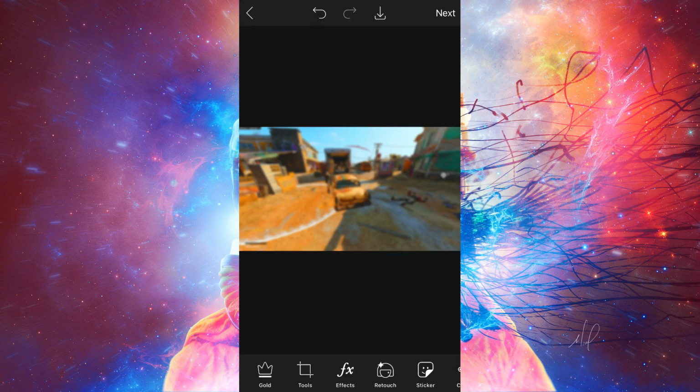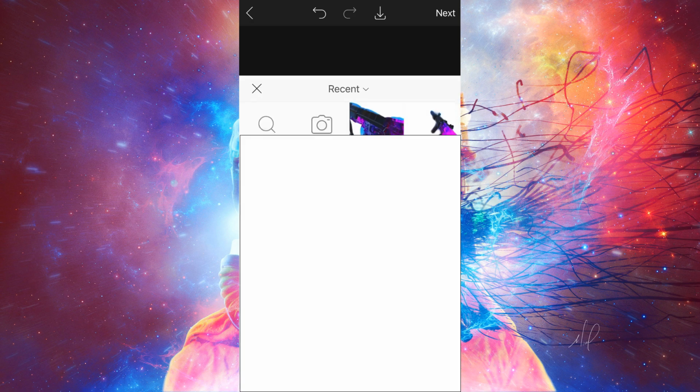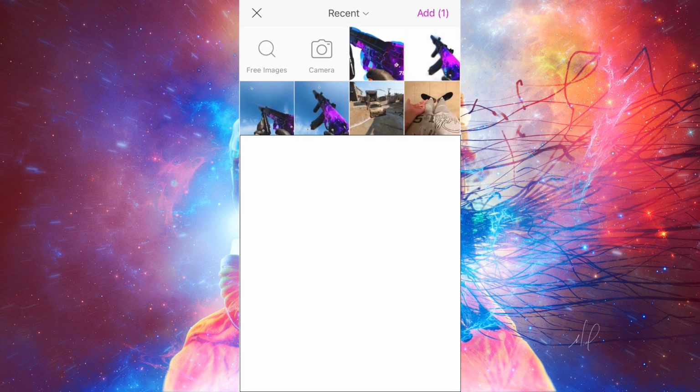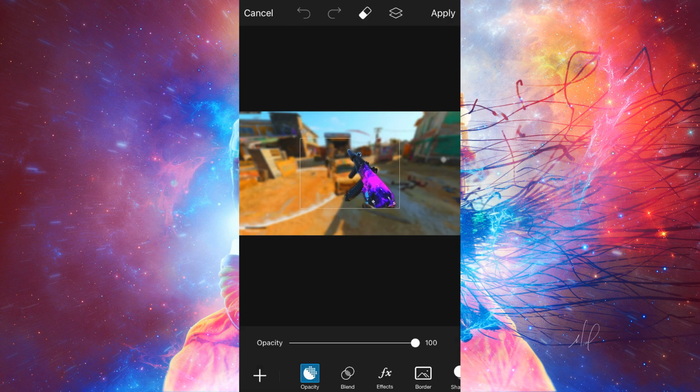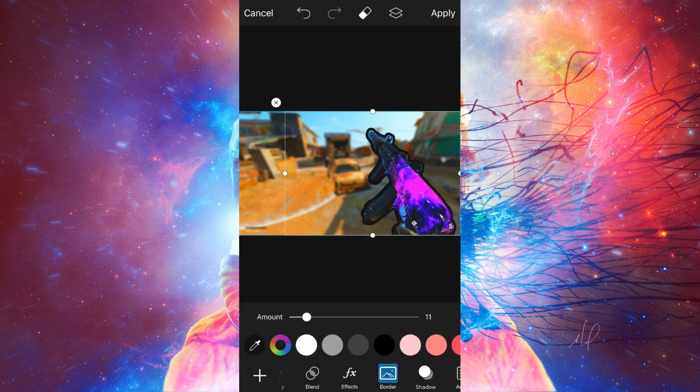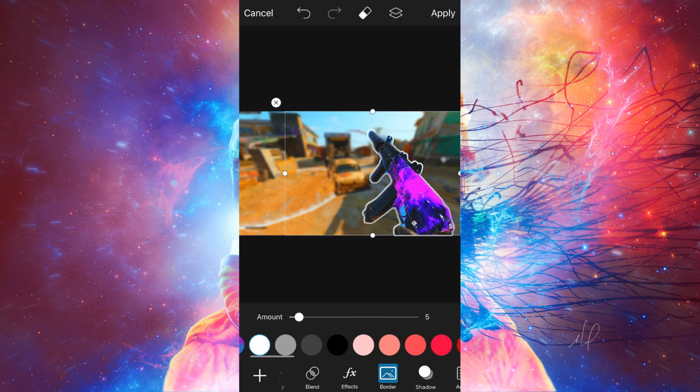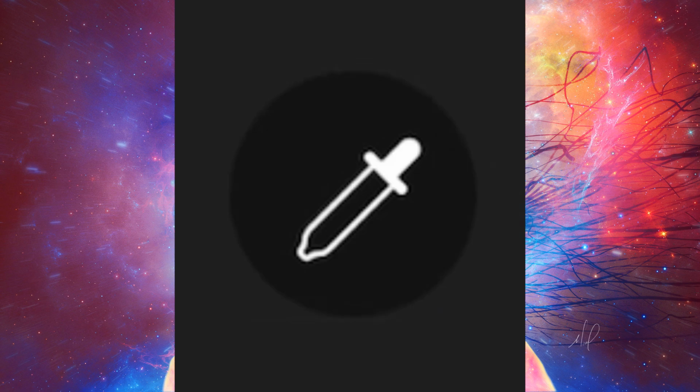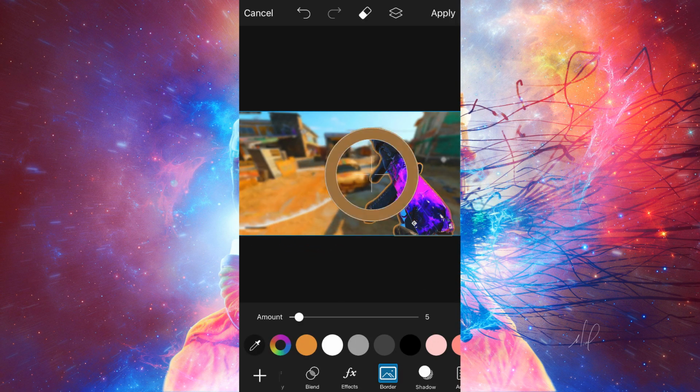So once that's done, you go to add photos, and then those 2 guns that you already made, you want to add that, fit it to the right side that you want, and then add a border. So when you add borders, it adds like a little layer around the outside of that picture that you had, the PNG. Make it as light as you want. You can make it white, you can make it red, pink, purple, or you can press this little button right here. It's like an ink drop or whatever you call it, and then you can find a certain color from any part of this picture, and you can select it. So I'm gonna use the pink one. Click apply,